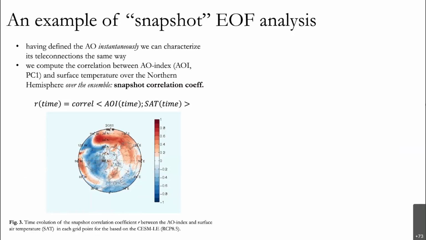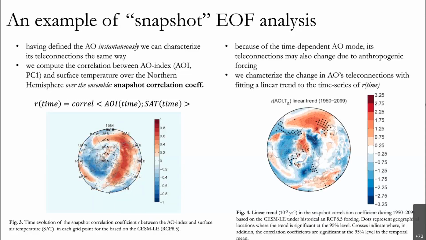As it's moving, it is demonstrating that the correlation between the surface temperature and the Arctic oscillation index is far from constant. It is changing with time. And we can fit a regression line to this correlation coefficient time series and show it on the right as a linear regression map. The right figure exhibits pronounced future changes in the correlation between the Arctic oscillation index and surface temperature. I'll refer to the Journal of Climate paper that came out in January, Hospra et al. And this can be read further.